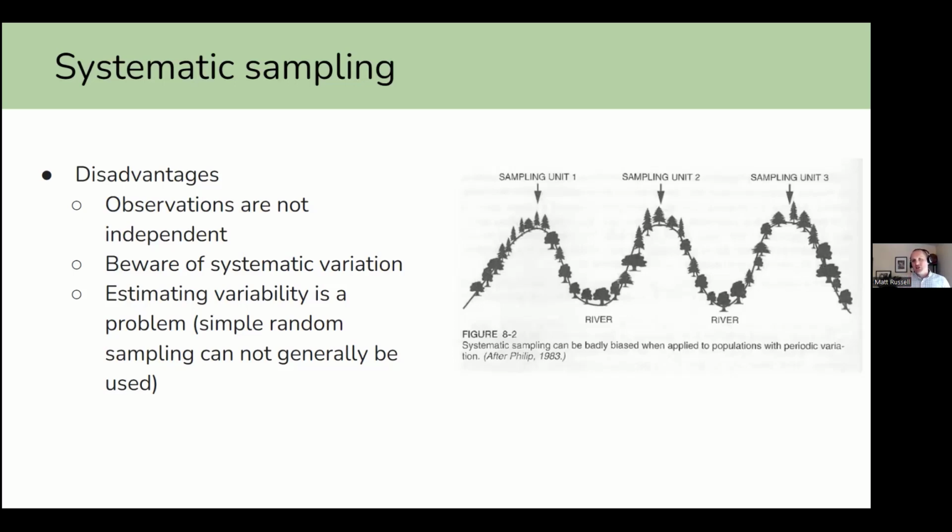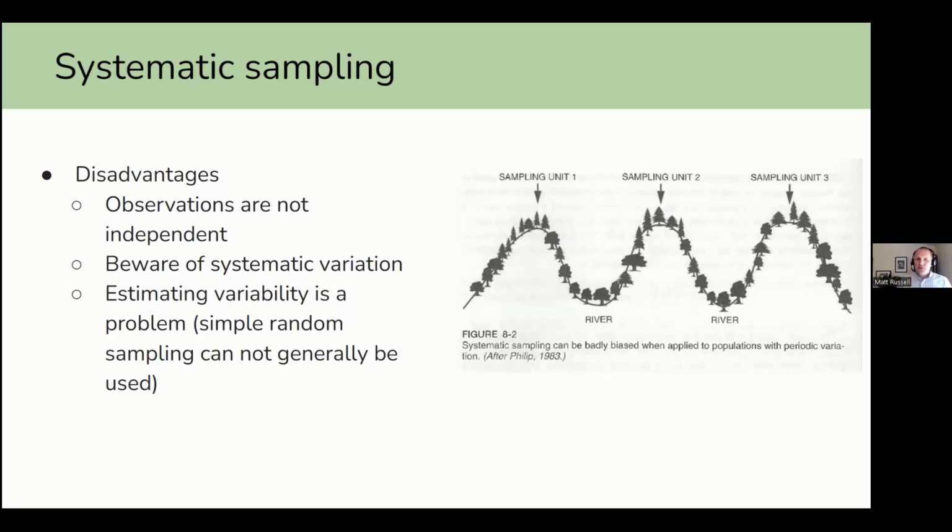This graph shows a pretty extreme version of this, but imagine you took sampling points every, say, 50 meters apart, but there's a river in between each of those sampling points. If you're only sampling on top of the hill, you're not capturing any of the trees in the river valley down below. That's an important thing to recognize as you think about integrating systematic sampling into your design.